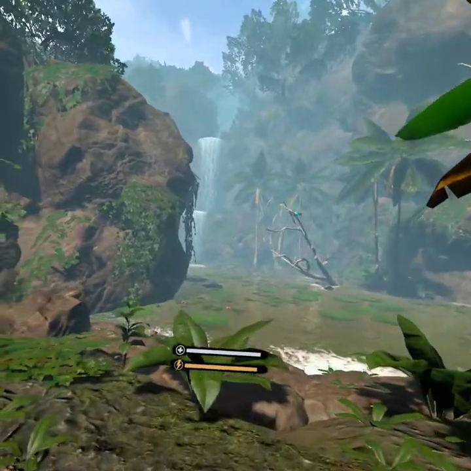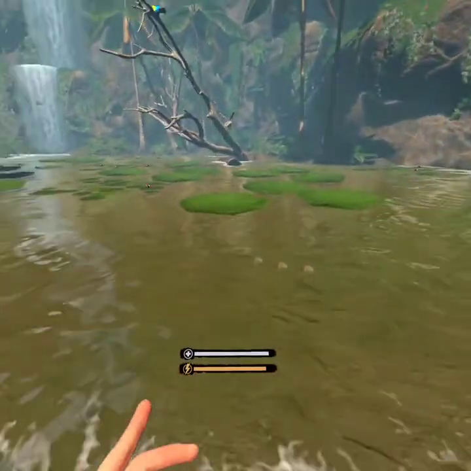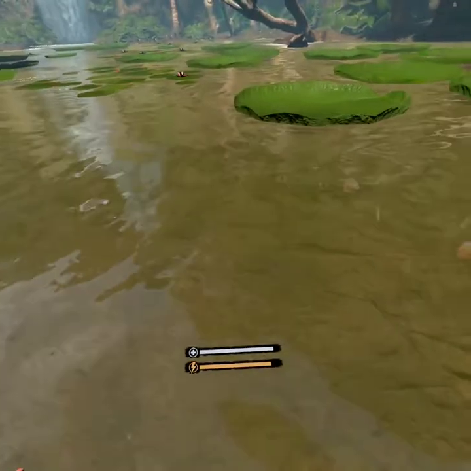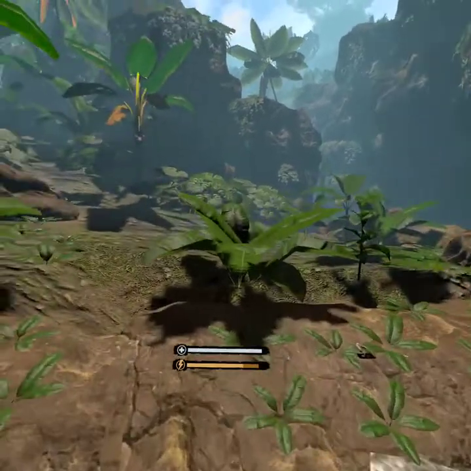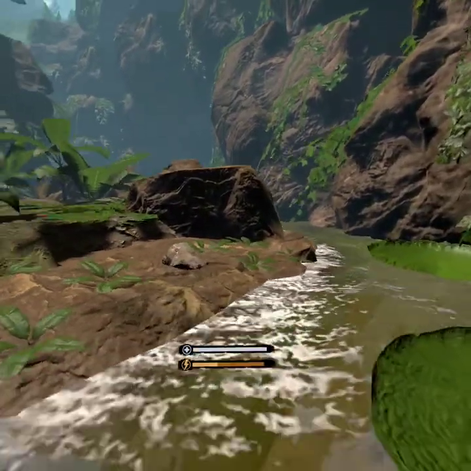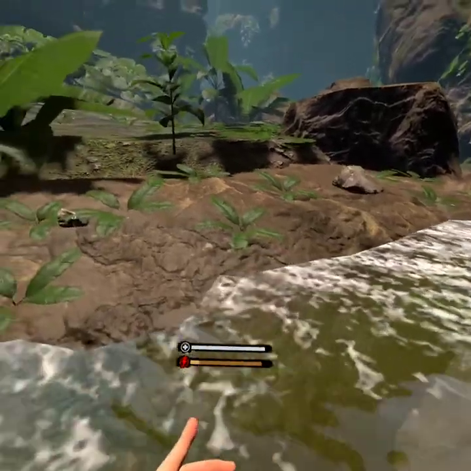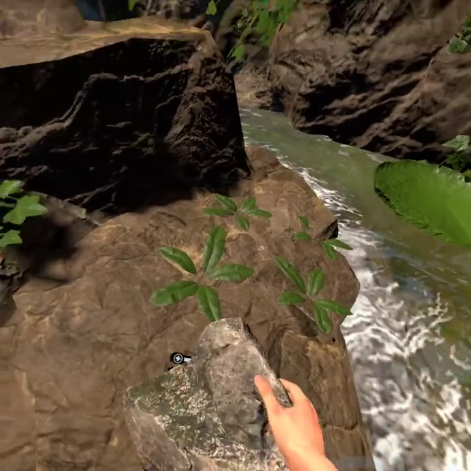You can see we've got an awesome waterfall. You can go into the water and start swimming around. You just swim like so. Very cool. You want to check the ground out, and like here's a rock. Rocks are important. I need to get out of the water. You can see I'm losing my... that'll come back, by the way, but you will start to lose...